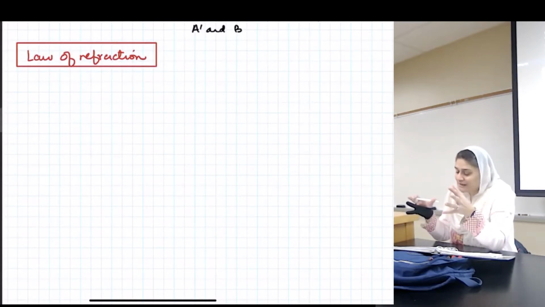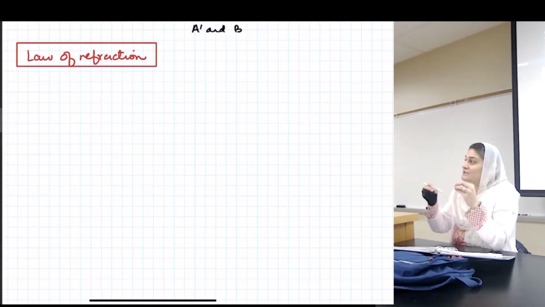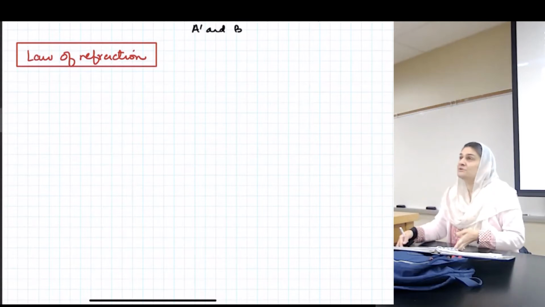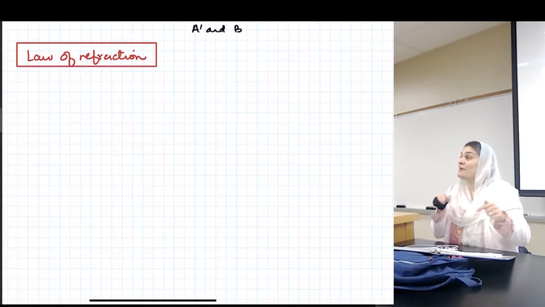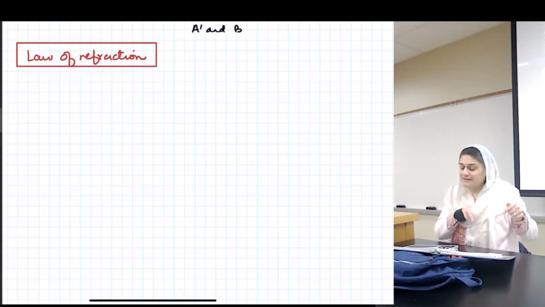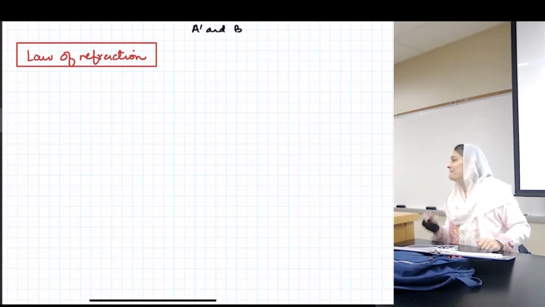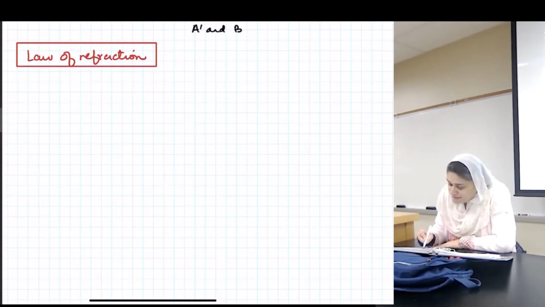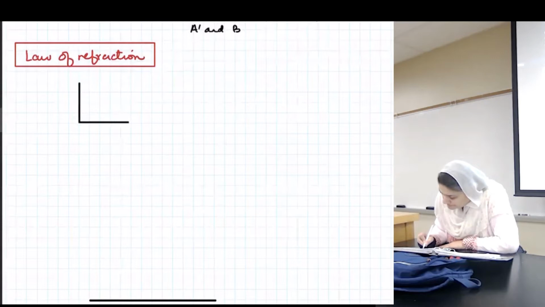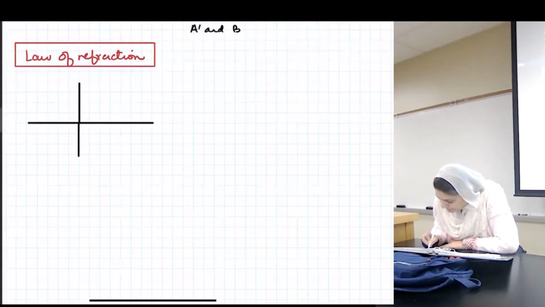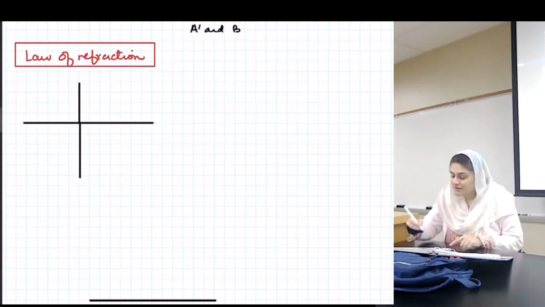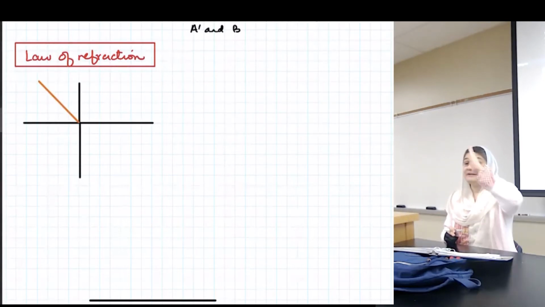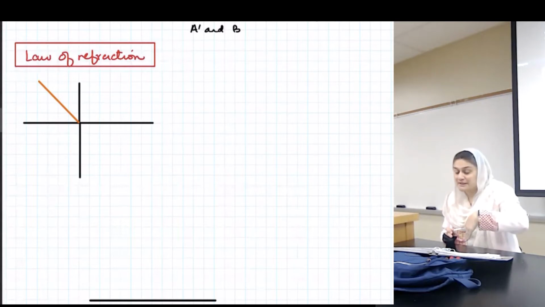So he said that the rays of light that travel between the two mediums do not try to minimize the path, but they try to minimize the time. Now, how does that work? So let's write this down and I'll show you how this works. So law of refraction. Okay, this is my incident ray. But this time it's not being reflected back, it's actually getting transmitted.